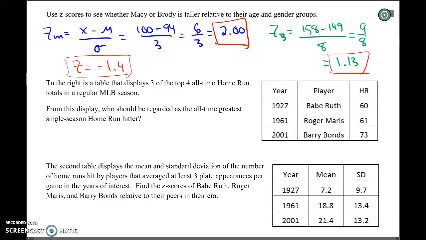So to the right is a table that displays 3 of the top 4 home run performances in the history of Major League Baseball. So from this display, who should be regarded as the greatest hitter of all time? Well, Babe Ruth hit 60 in 1927, Maris 61 in 1961, and Bonds hit 73 in 2001. So, hard to argue. Barry Bonds is the best performance. He hit the most. But